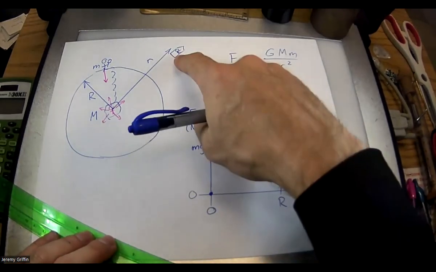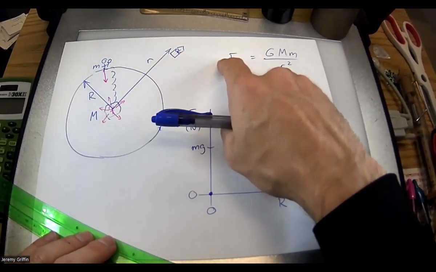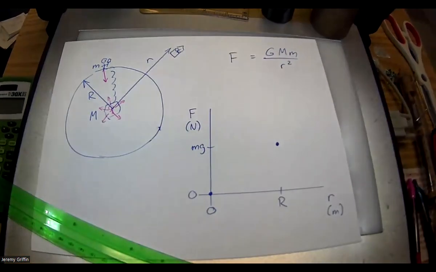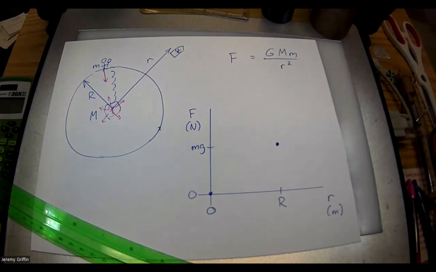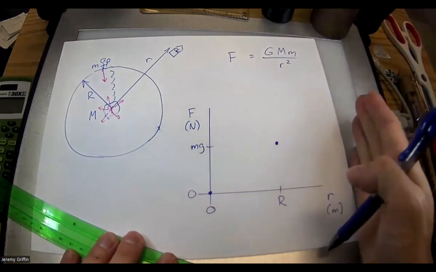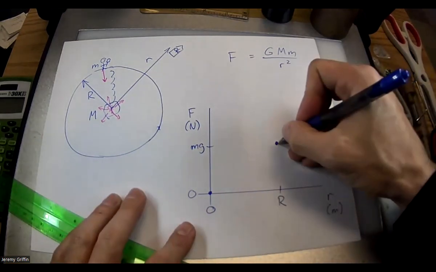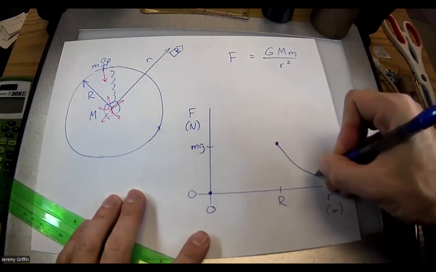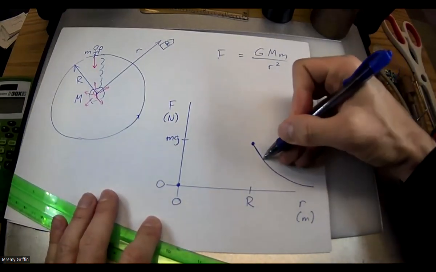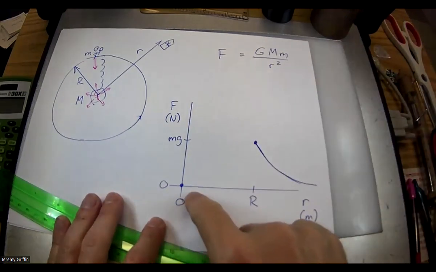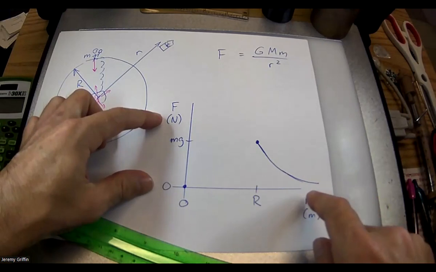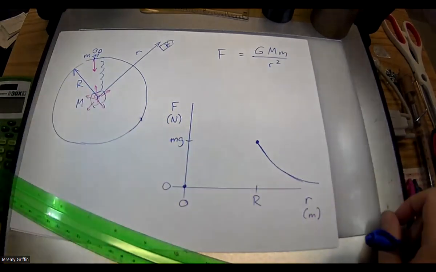I know if I take off in a rocket, there's an inverse square relationship between the gravity force and the distance. Can you guys graph y equals 1 over x squared? Everything beyond this capital R would look like that. Wouldn't it go out like this? It slopes down like that. There's a horizontal asymptote at 0 newtons. So if you're crazy far away, it's going to just approach 0 newtons from the Earth.